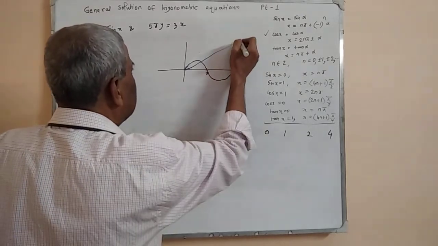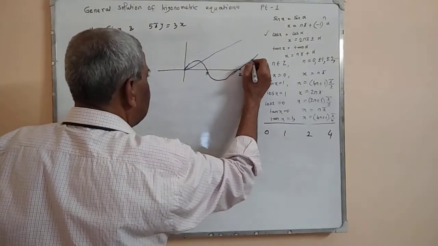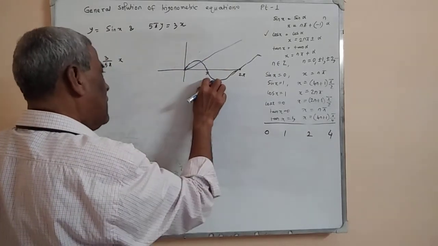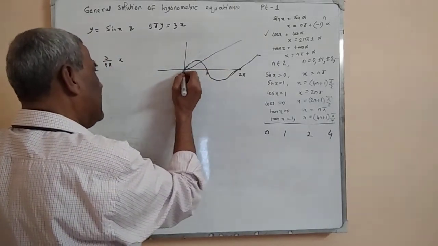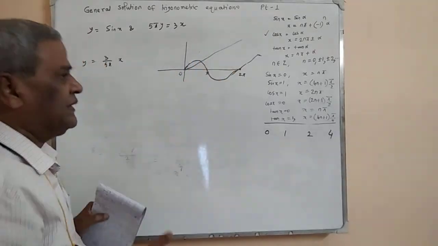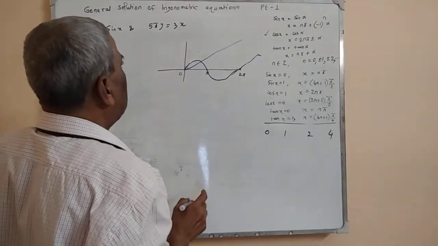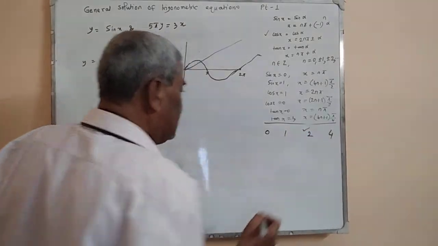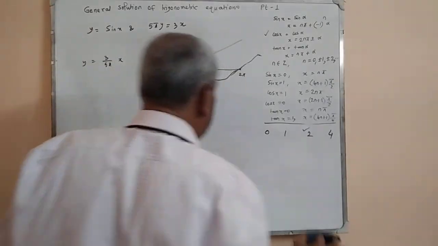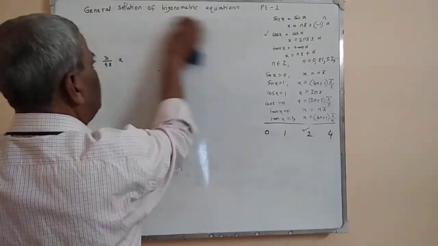As x increases, it increases, and its maximum value will be 1 and then it decreases. So these two functions can meet only at the point 0 and at this point. After that, there is no possibility that they will intersect again. So the number of solutions is 2. This type of problem is very important, mind that. For competitive exams, this is very, very important.